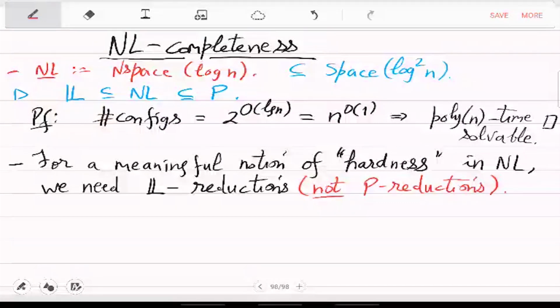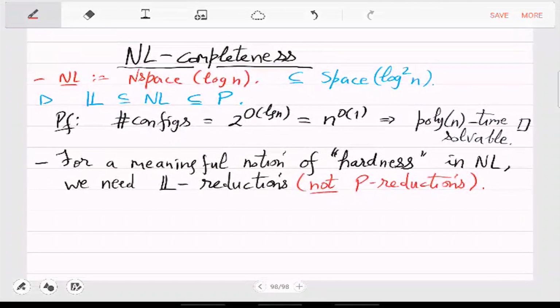Why not polynomial time reductions? Because polynomial time is bigger than NL. So, obviously, every problem in NL you can reduce to any other problem in NL by polynomial time, because everything you can solve independently in polynomial time. So, to have a notion of hardness here which is more meaningful, that is within the world of NL, you have to actually restrict your reductions, and we will restrict them all the way to log space. Right? Log space is contained in NL. So, that will be a more useful notion of reduction,